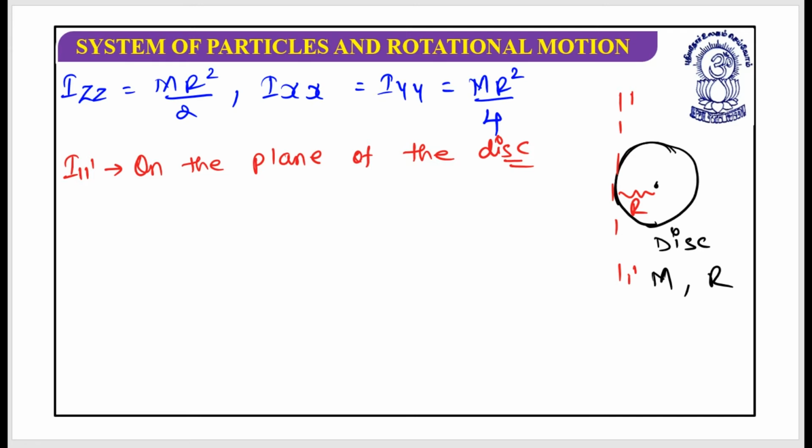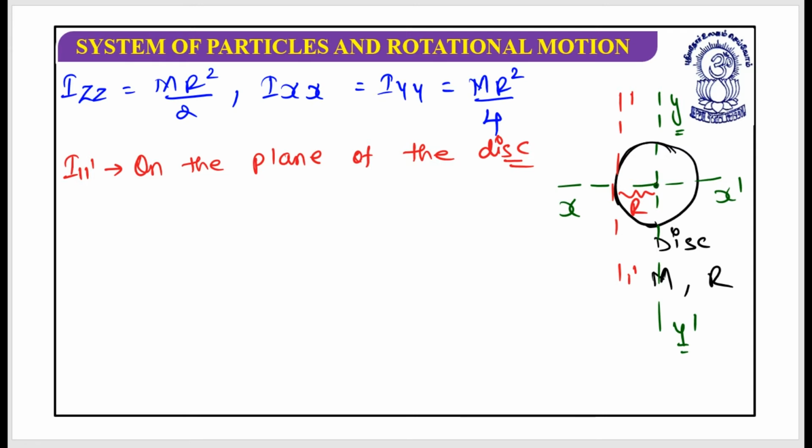What I understand is that this axis is parallel to the IYY axis. Look at this. IYY has been passed through this. This is YY dash. And IXX dash has been passed through this. This is XX dash. So where is it flowing from? Yes, it is parallel to the IYY dash, as well as the IYY dash axis is passing through the center